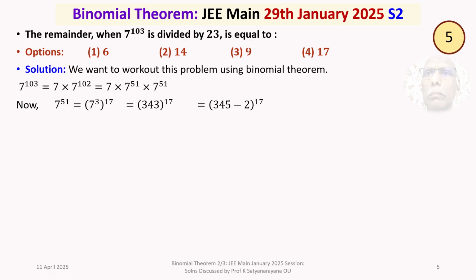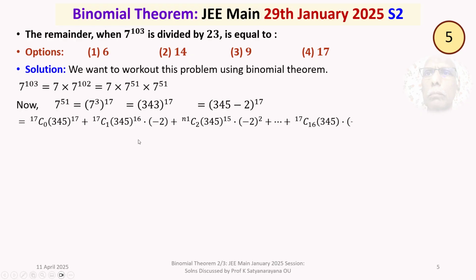Now apply binomial theorem. That will be equal to 17C0 into 345 to the power of 17 plus 17C1 into 345 to the power of 16 multiplied by minus 2, and 17C2 into 345 to the power of 15 into minus 2 squared, plus so on and so forth, plus 17C16 into 345 into minus 2 to the power of 16,